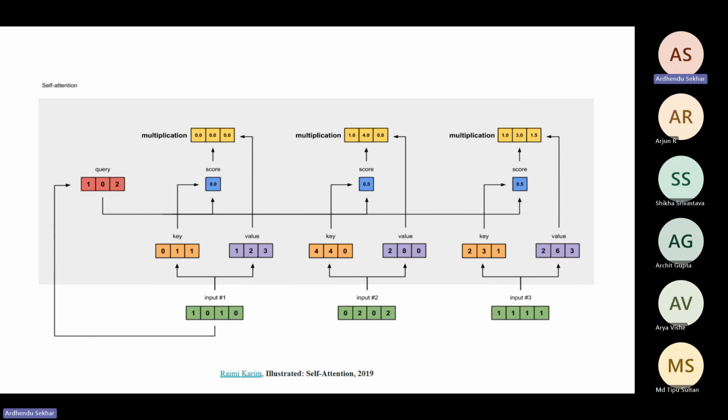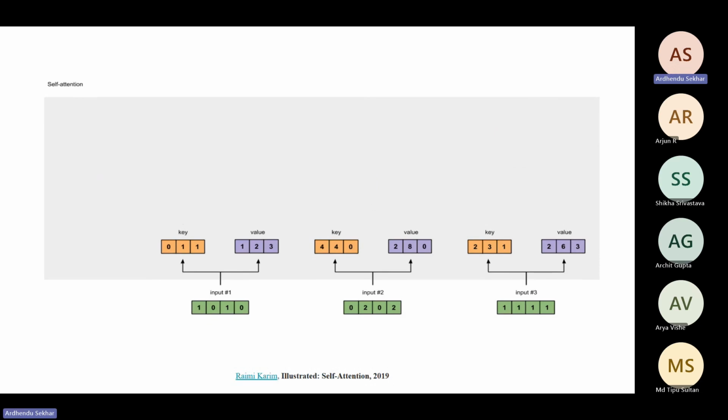This is just for input 1. So basically what happens is, input 1 looks at every other input. In some sense, it looks at all the information that is important for input 1 from all the other tokens, and then generates the output for input 1. And this happens for all tokens. So now input token 2 will do the same thing. You look at every other thing, you generate output for that. So I think in some sense the animation for it